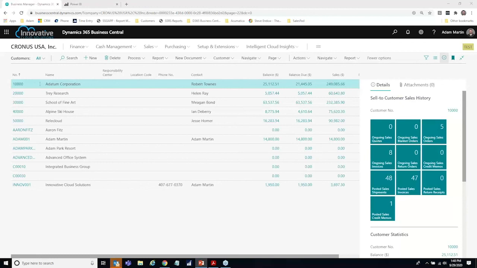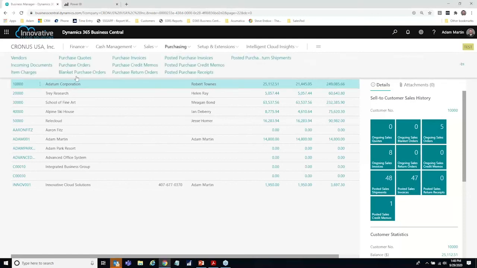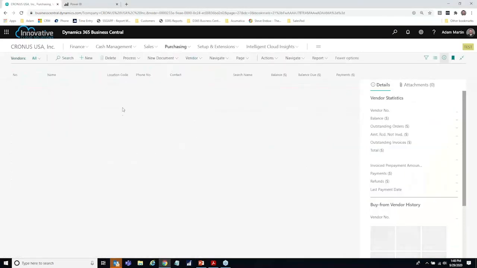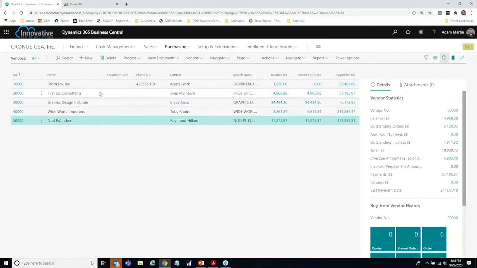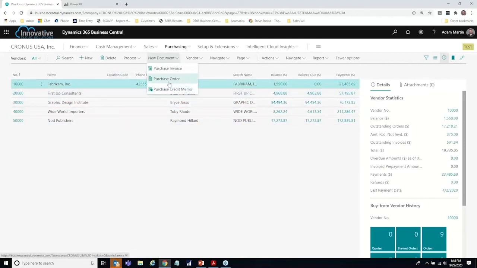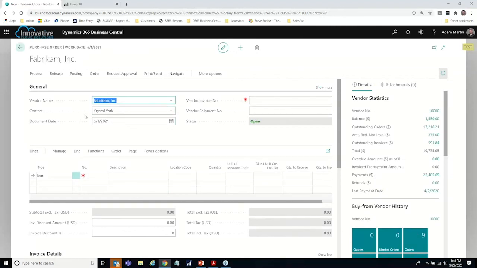Last little bit, just wanted to touch on a couple things for the time remaining. So purchasing and vendors, I want to come back here one more time just to show you purchase orders. At the top, we can select our vendor just like we did with the customer by highlighting and then clicking on new document at the top. If I wanted to initiate a new purchase order rather than just doing a payable invoice, let's say, I can create a purchase order to a vendor and then obviously print that purchase order to the vendor